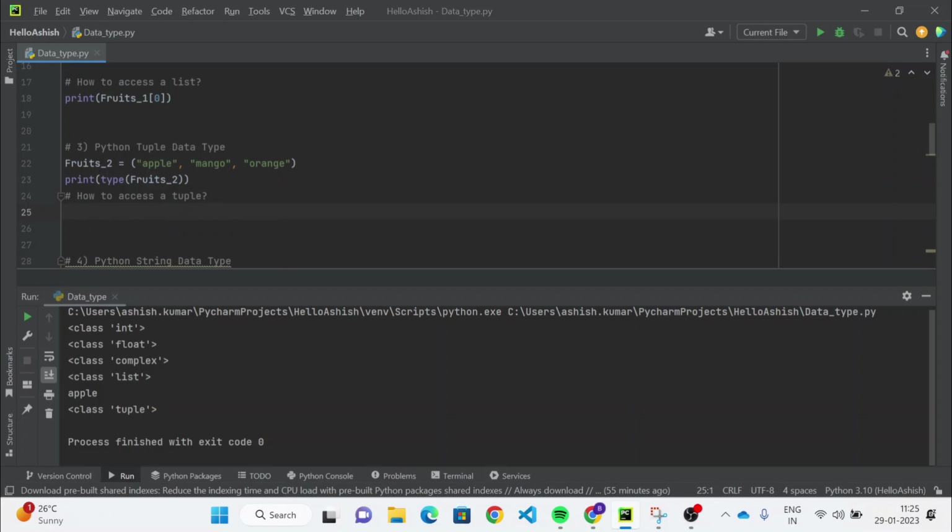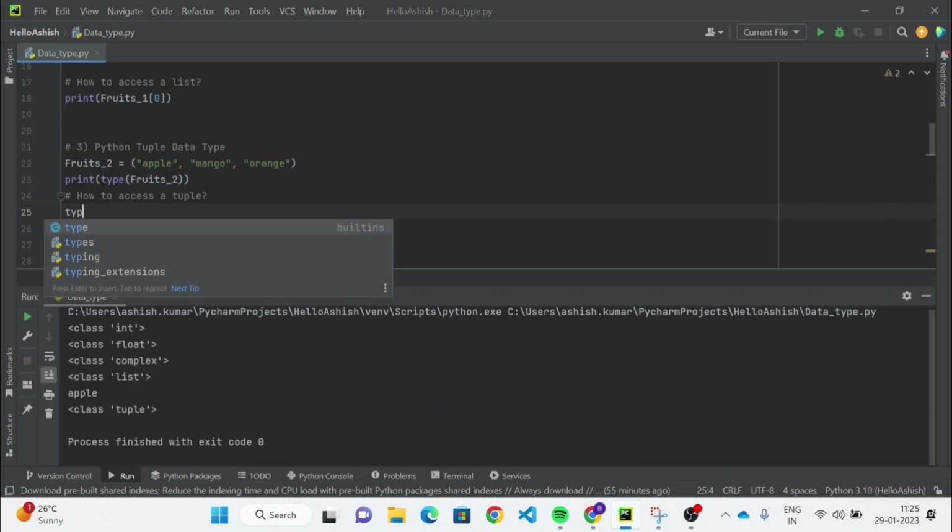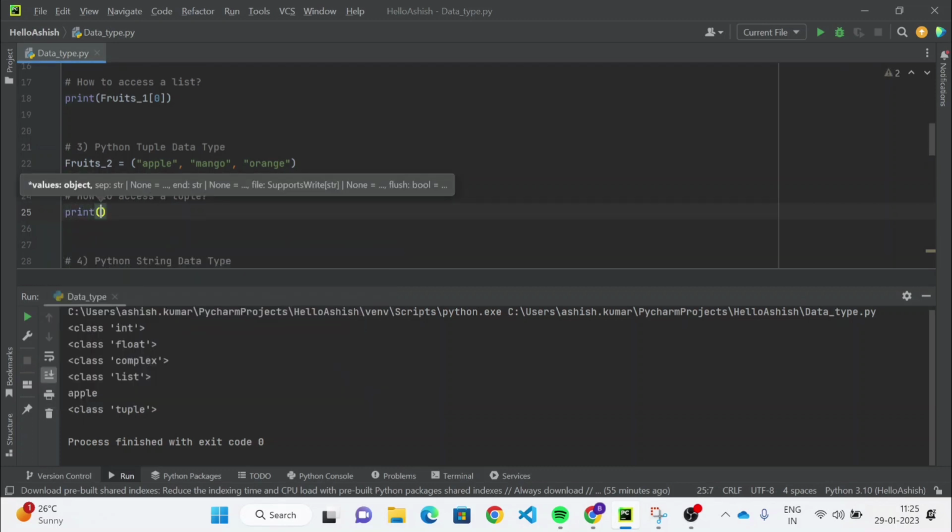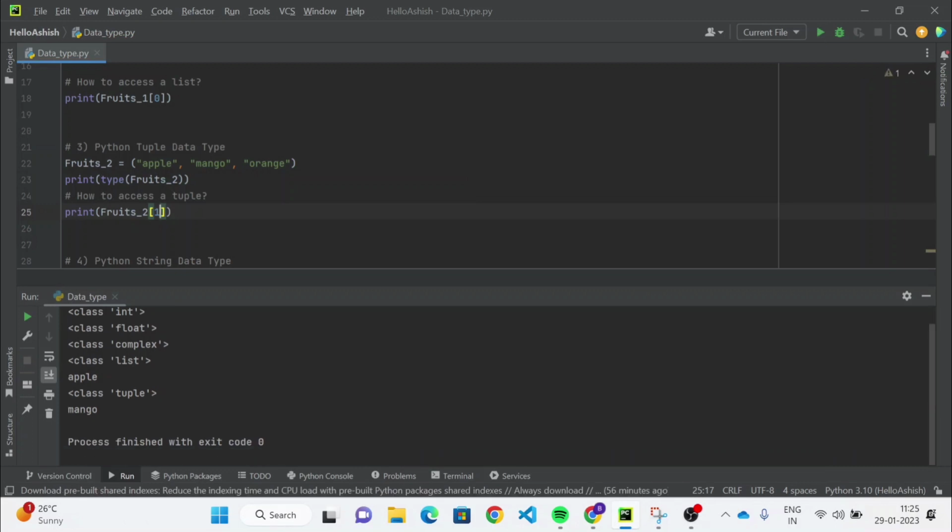We use indexing to access. So let's access mango this time. This fruits 2 is a variable and the index of mango is 1. So let's run this and see, we can access mango by using the indexing 0, 1, 2. Mango is at the index of 1, so we have to provide 1 within the brackets.